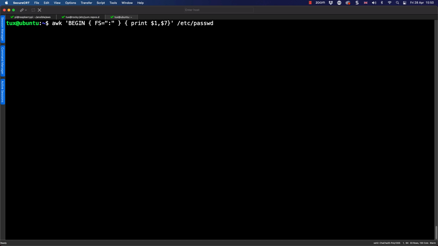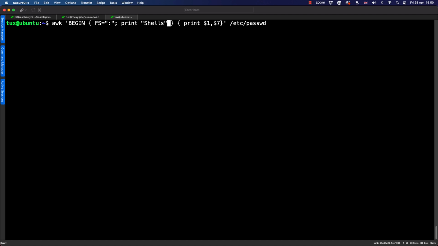Now, whilst this is good, we still want to do a little bit extra. The BEGIN block can be used, as we've seen, for setting our field separator. But we can also, if I put a semicolon to separate the commands, use it to print header information. So if I want a title before all of my shells, we can then print, and then the clear text string of what we want to print, and it's just going to be Shells.